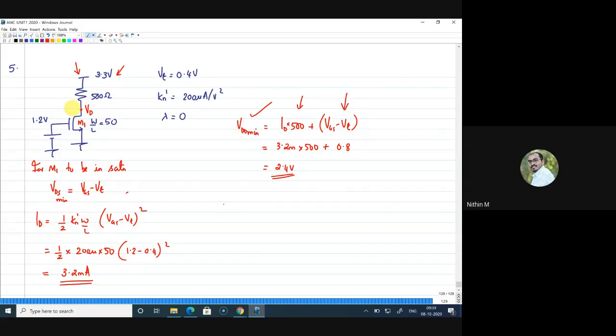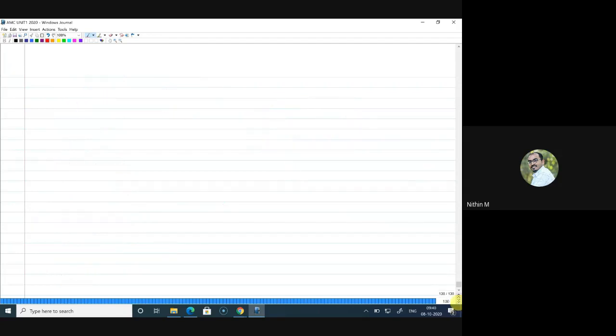Okay, all right. Now, similarly, the question is very similar. You can try out question number 6. Question number 6 is again with Vt given, aspect ratio, which is nothing but W by L, given, and K prime given. The question is what value of Vb places the transistor at the edge of saturation. The same way, instead of asking for Vd, the question is for Vg. So you can try out. I'll just leave the answers here. You will get the Vb as 0.628 volts and Id as 0.334 milliamps.